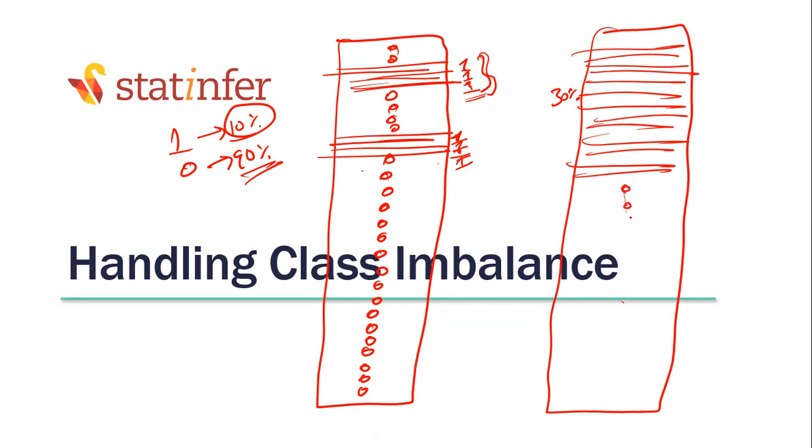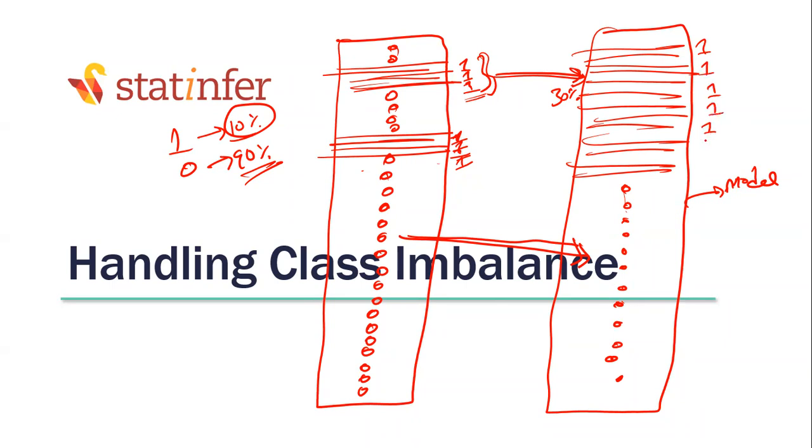I will take zeros. Out of 90%, I'm going to undersample the class that is superior, and oversample the class that is inferior. That means the class that is appearing less number of times, oversample it. The class that is appearing more number of times, undersample it. Supply this to the model. The model will feel that, hey, looks like there are so many ones. The model will learn the patterns related to ones.